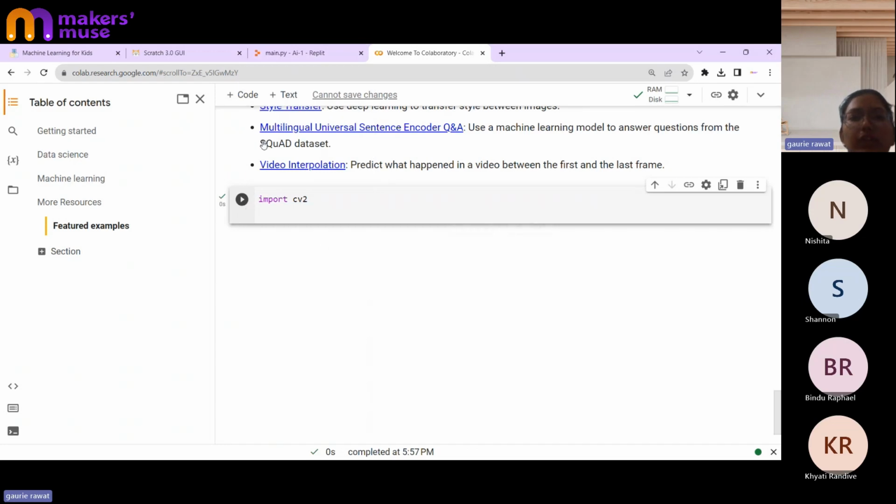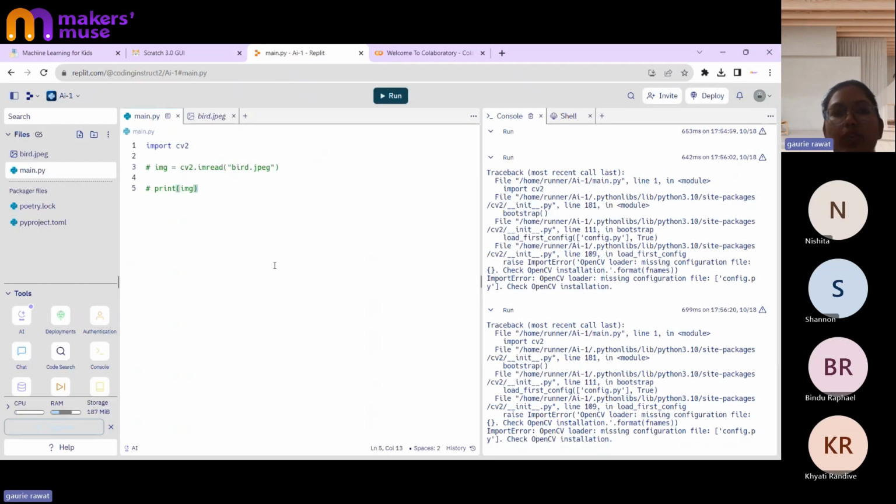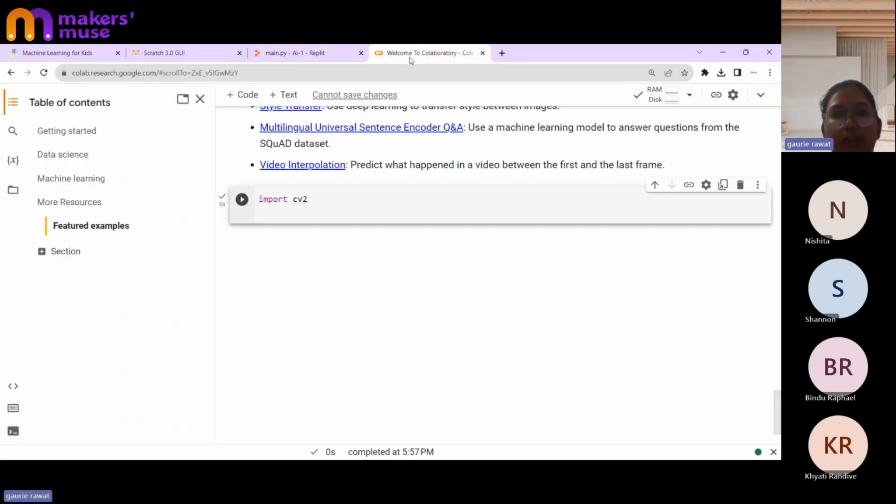Yeah, it's working fine over here. See, the same thing, there's no error in the code. It's the same thing both ways. Here it's perfectly working fine.